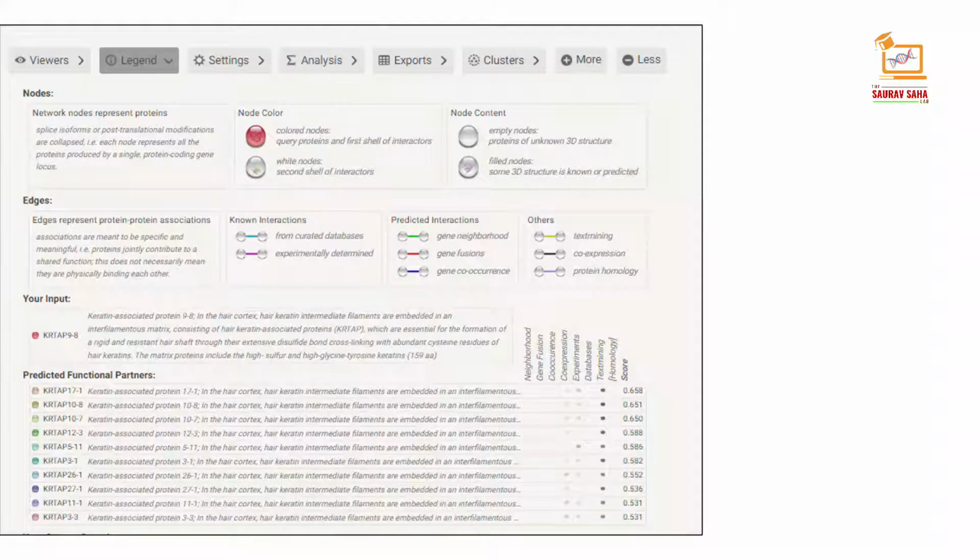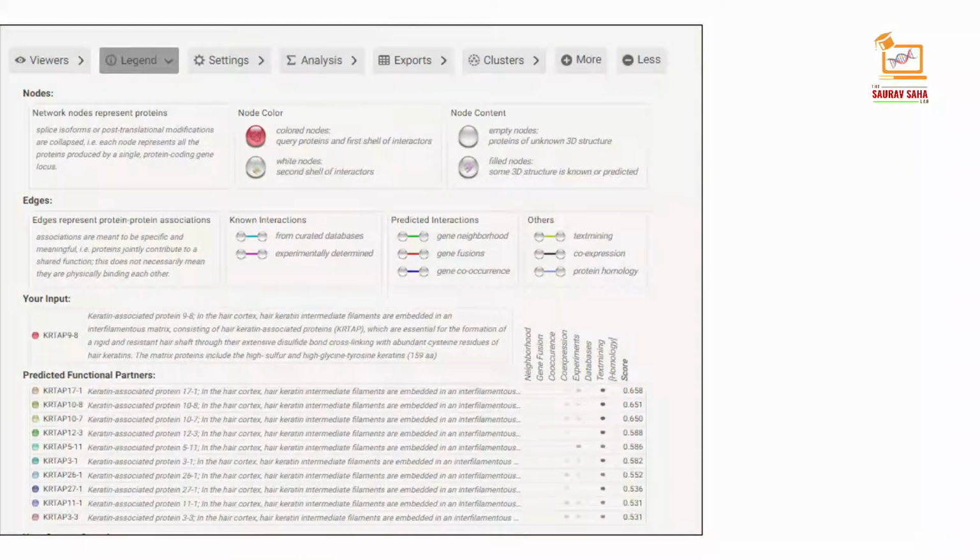In this ligand section, in a list, your input is shown, and predicted associations are shown immediately in a list below. Your input is sorted by score. If the input gene is a fusion of two functions, then both will be shown. By clicking on the score grid, it gives you the breakdown of the individual prediction method scores. Clicking on a gene name gives you the protein sequence as well as the list of similar proteins.